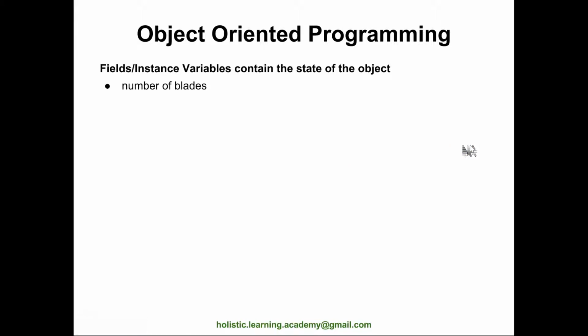so number of blades, for example, some fans will have 3 blades, some will have 4, maybe 5, right? So that's a state of a fan which is more static. It's not going to change. These are fixed states. Okay, number of blades is a fixed state. Similarly, manufacturer is a fixed state. Model is also fixed. Different fans have different models, but then when we are in the operation of the object, all these three fields are not going to change.